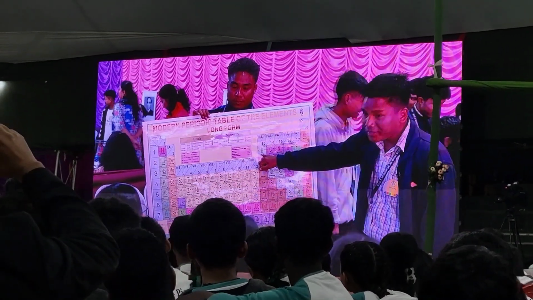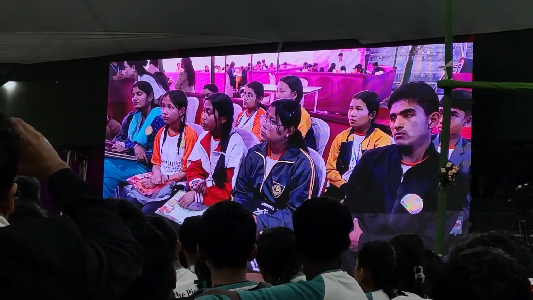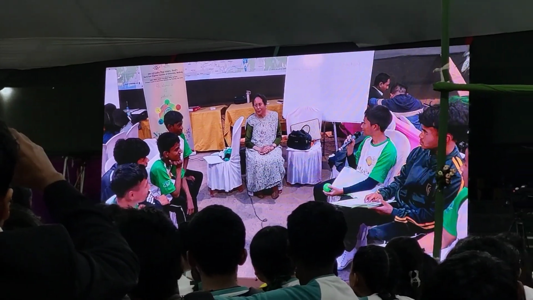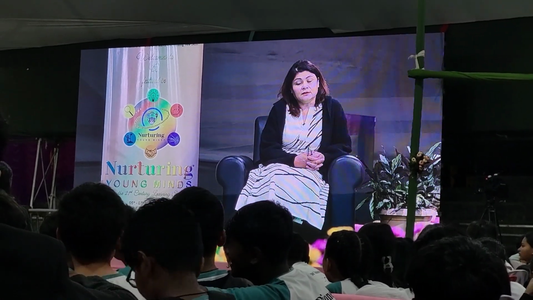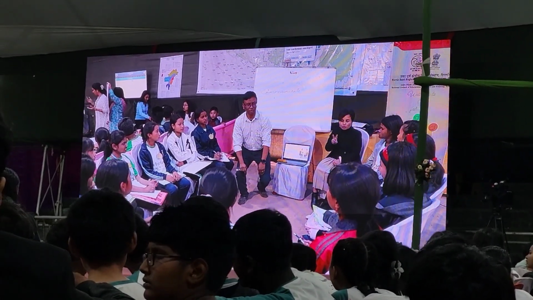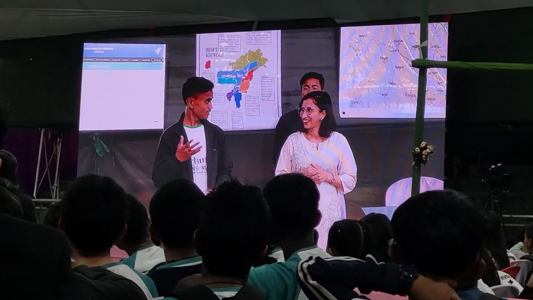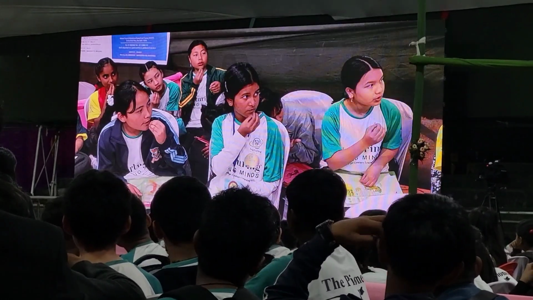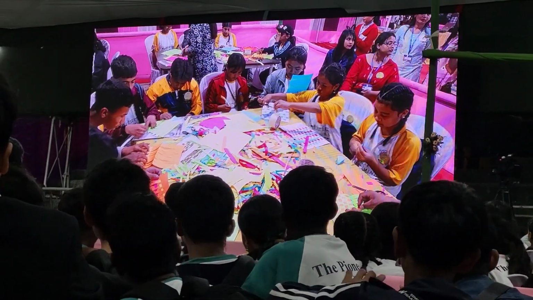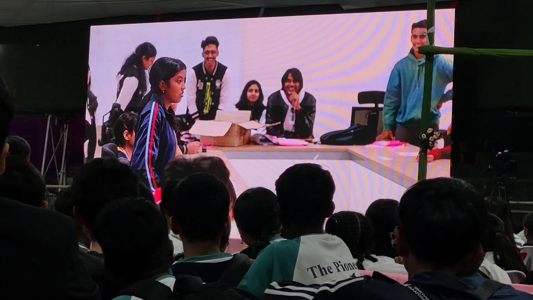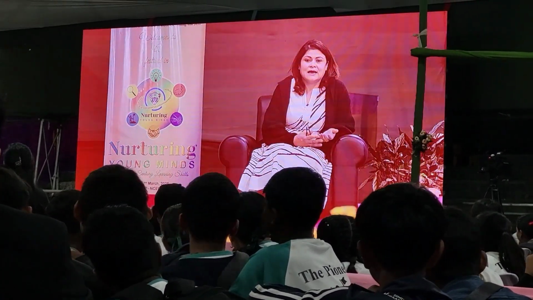In this 3-day event, we have managed to cover several themes of the 21st century learning skills. We also collaborated with many institutes that we have here in the Northeast. The ethos of the entire festival was an inclusive approach where we have children from different inclusive schools, where we have children who are visually impaired, hearing impaired, and it's really lovely to see that children interact with each other, learn each other's languages, even sign languages also.